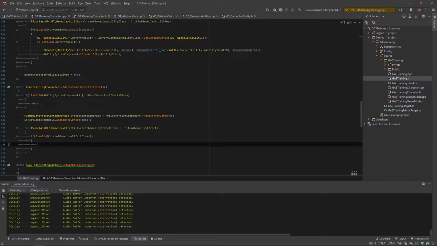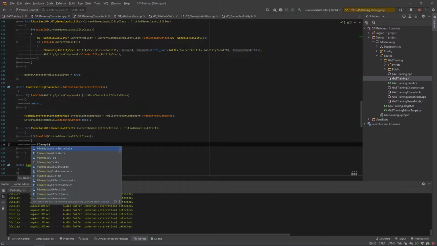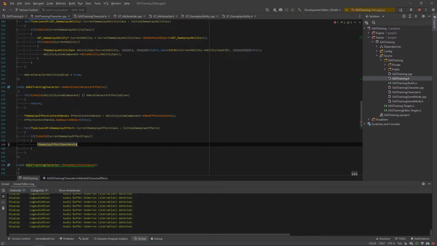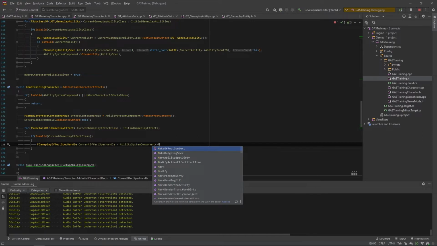avoid null pointers. It's always good. And like I said before, let's create a spec handle from our character effect class. So let's say gameplay effect spec handle, current effect spec handle,